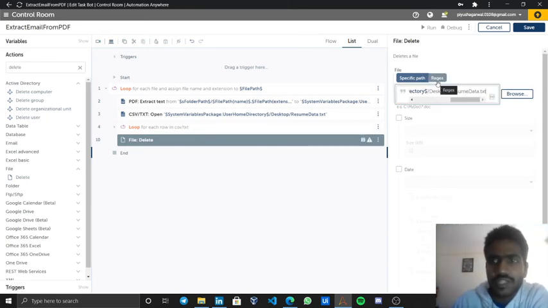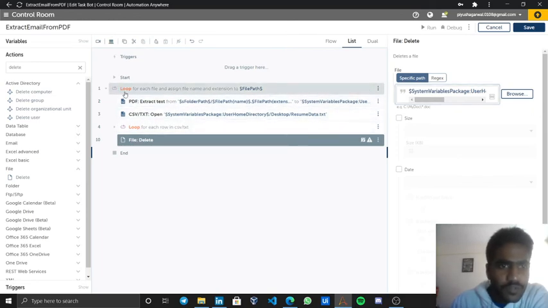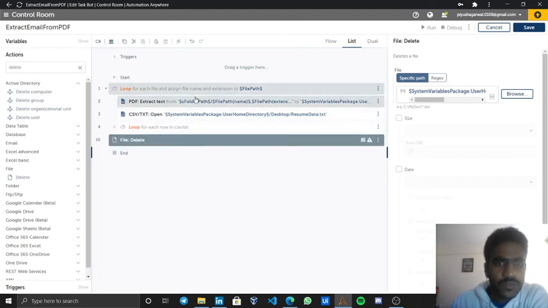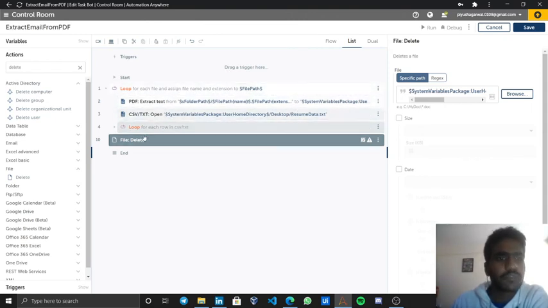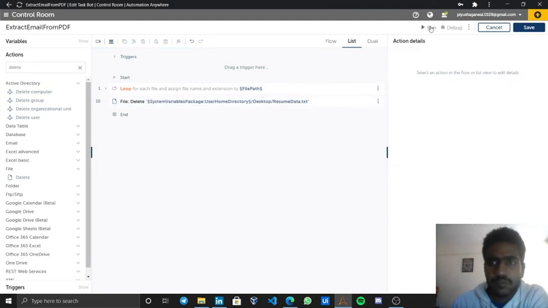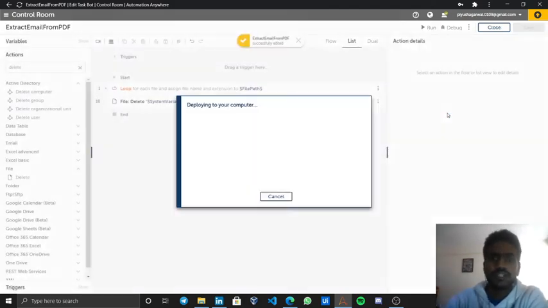We can use regex also in this, but we don't need that right now. I will drag it more outside, because right now it's going to delete that particular file again and again. Once all the files are done, it has overwritten it all the times, and at last it will delete the file. Okay, I am going to run it and see how it works.